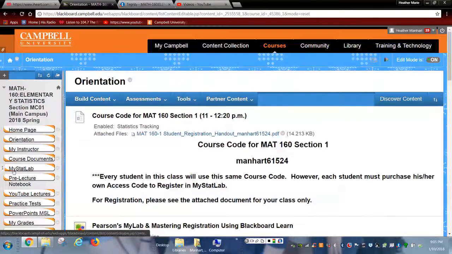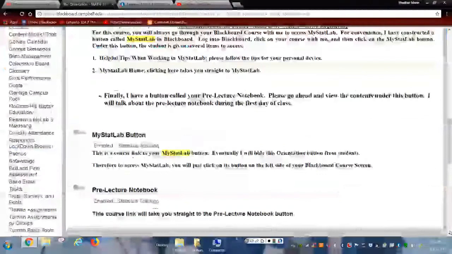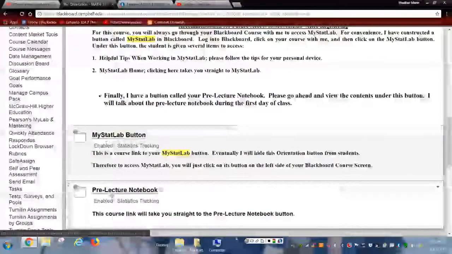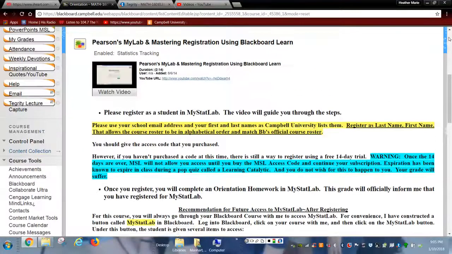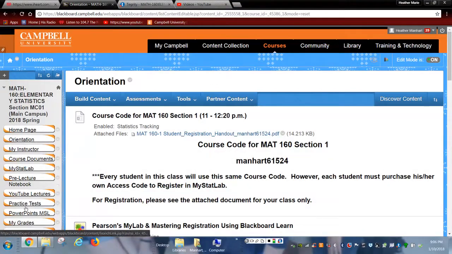And those 2 buttons are here. You can go to those particular course links here by clicking, or you can just go to the corresponding button here and here. I'm not ready to visit MyStatLab at this particular point in time. I just wanted to show you what is under course orientation.